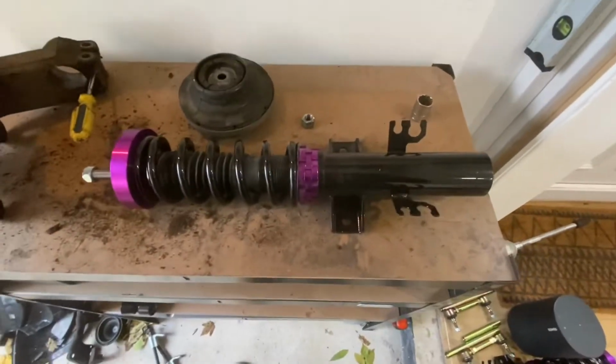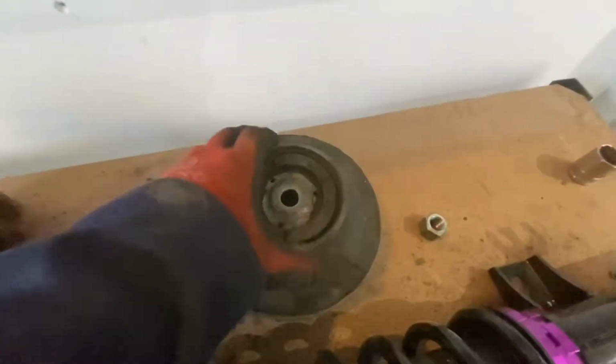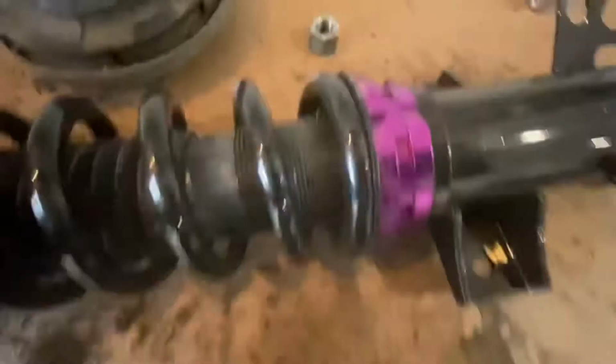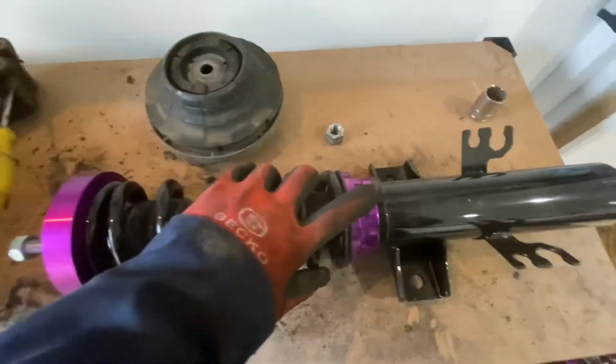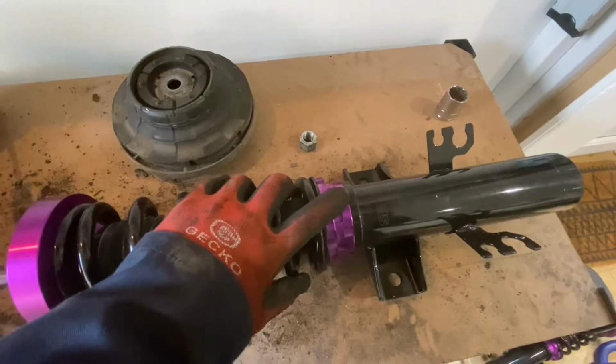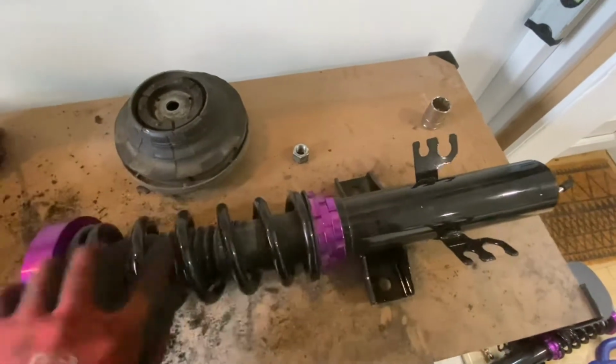Right, new suspension leg. Just going to take off the top nut here, put on the little caps from the old suspension, bolt them on with this, and it's wound all the way down at the minute. I think I'm going to go for that as a starting point. Probably more sensible to start in the middle, but